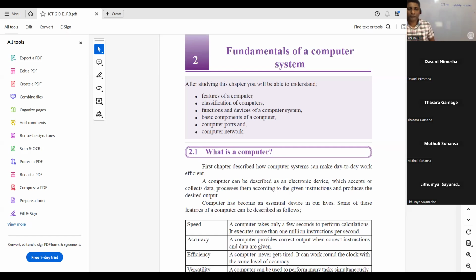So this is a bit of a lengthy chapter, right? There are so many things to study and remember. Quite a lengthy chapter, and it's sort of related to